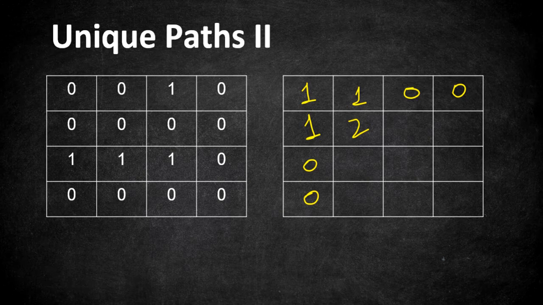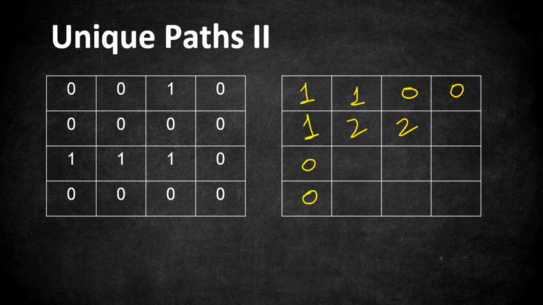So now we are going to move from 1 comma 1 to right and down. So if we are moving right, the value is 0. So what are the possible ways to reach that particular cell? If you are starting from the cell 0 comma 0, you can go right, go down and then move right. Same way from 0 comma 0, you can again start going down and then move 2 rights to reach that cell. So again, there are two possible ways to reach that particular cell. By now, you must be understanding the pattern. If not, you are going to get it in the next row.